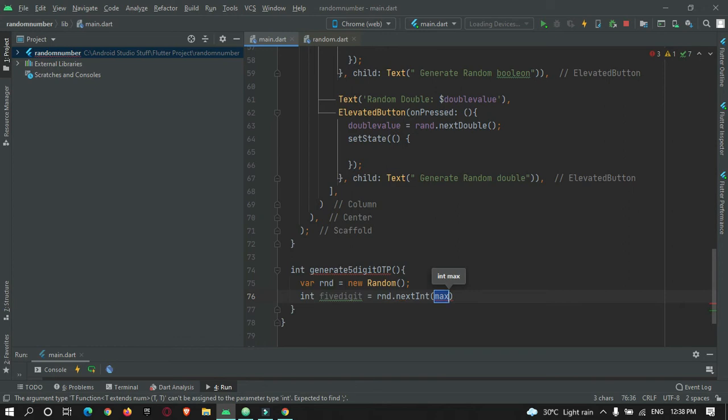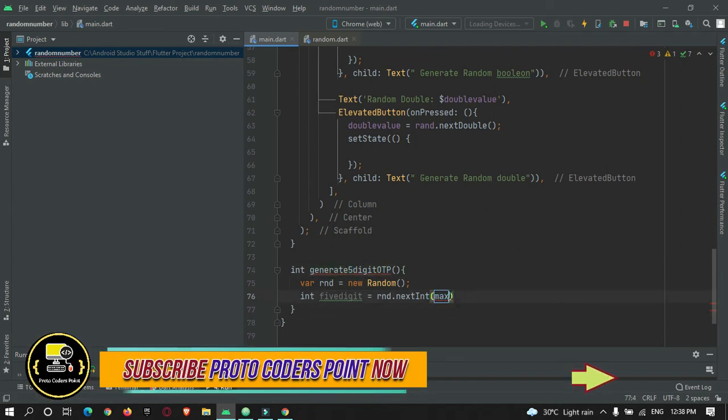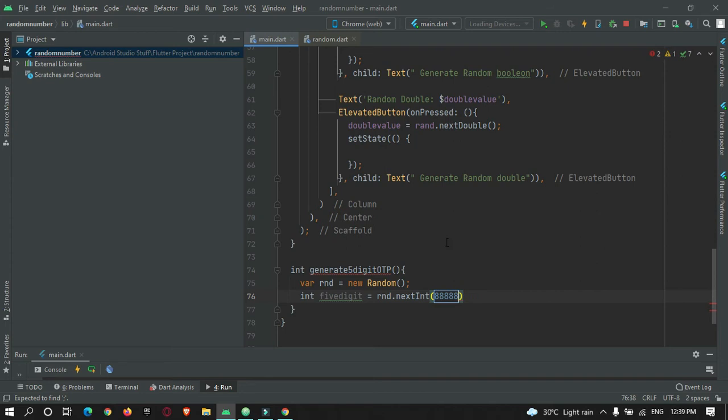Here you need to define the maximum number that you need to create. Suppose now I want to create a 5 digit number, then the maximum number will be a 5 digit number. So I will give 8888 and add 10,000 to this number.